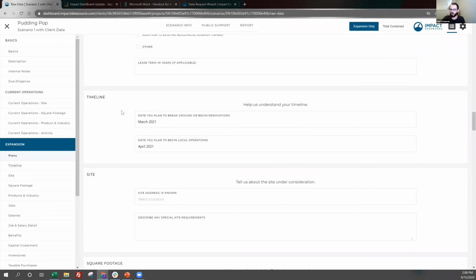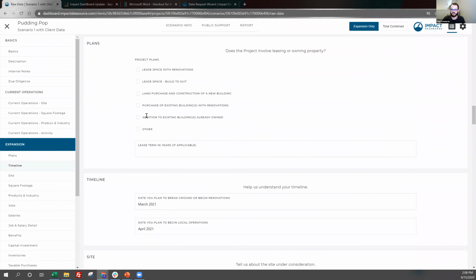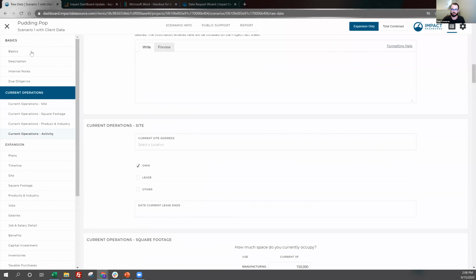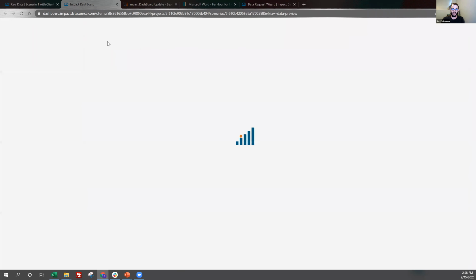But you'll have access to all of those fields, whether or not you included them in your data form or not. You'll be able to fill this information in. And the other cool thing that you'll be able to do is view the original submitted data form. So if you just need, again, because I told you we're making a copy of all of this,